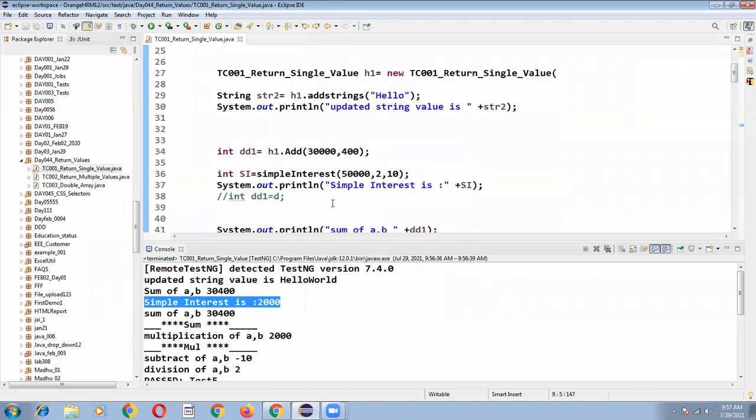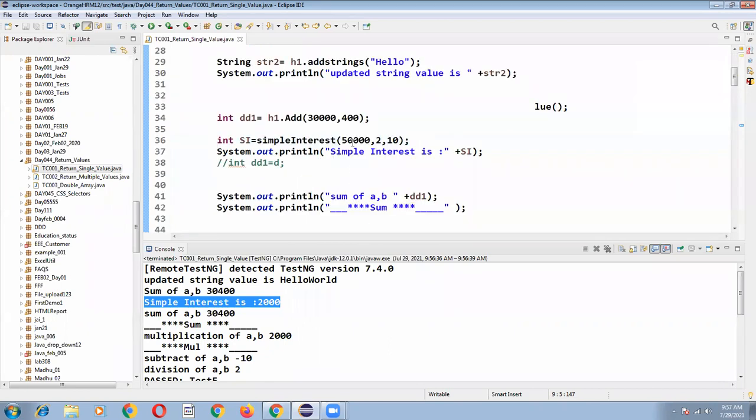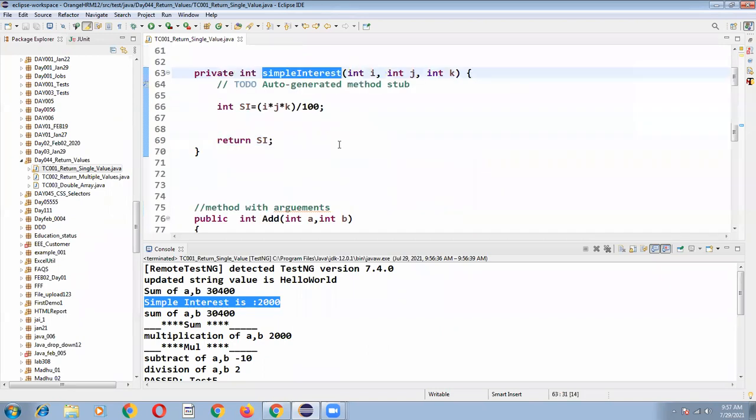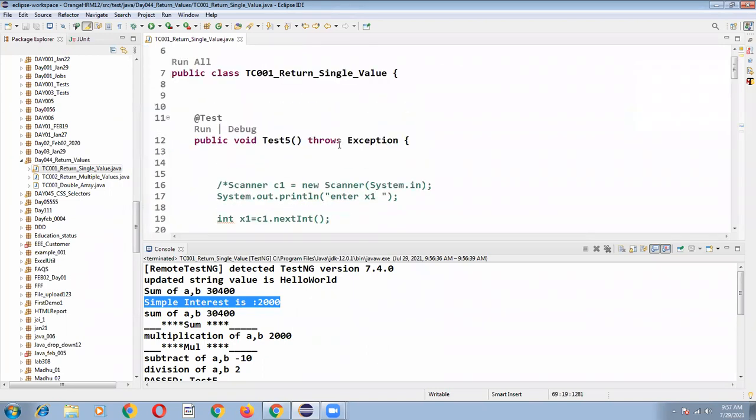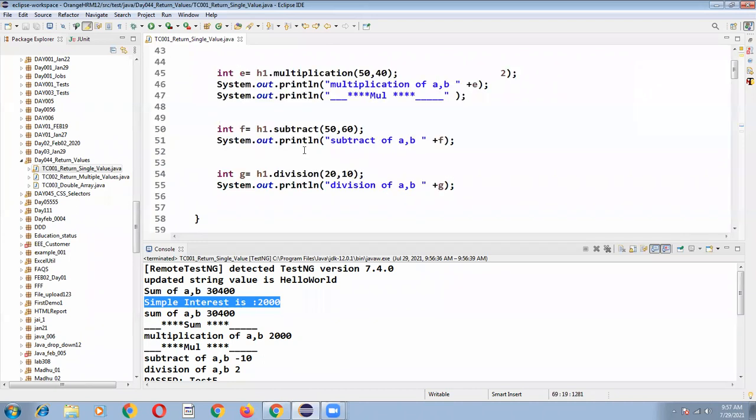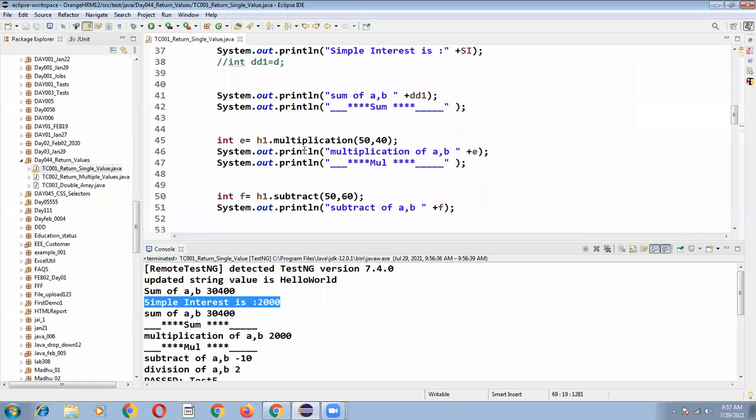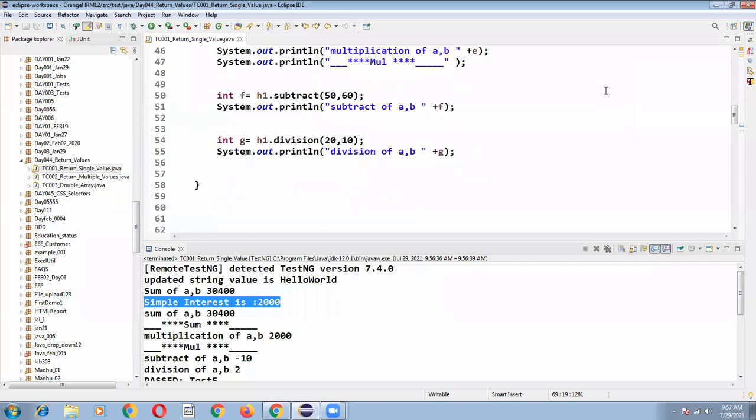Suppose the p value, t value, r value, you can directly give the variables. So based on your input values, this method is executing. That's it. Okay, has everyone understood how to return a single value from a method? Is everyone clear? Anybody having any doubts still? Important topic.